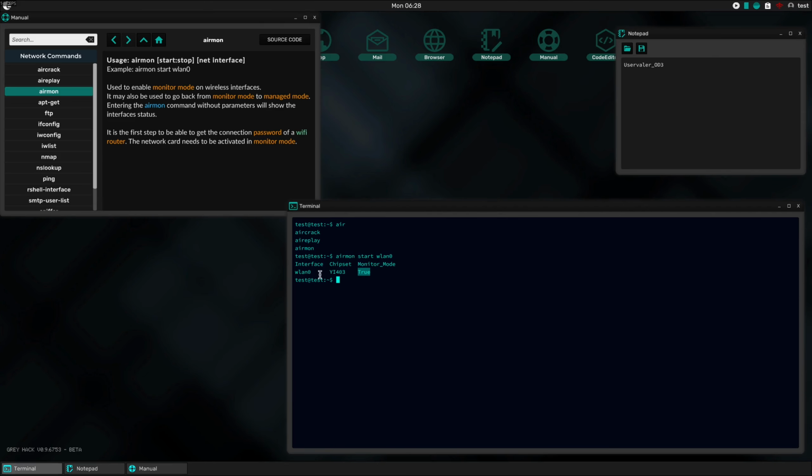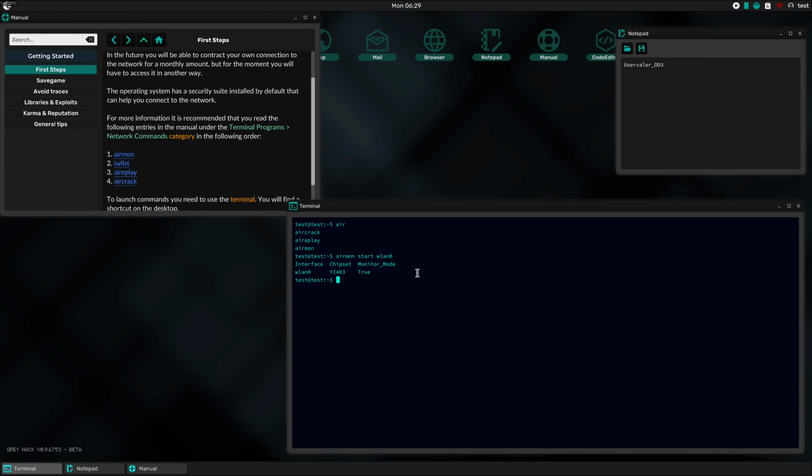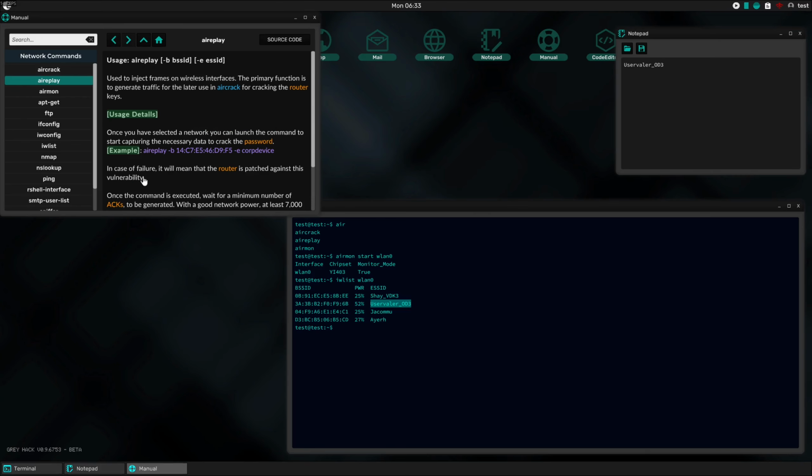Okay, now we have monitor mode enabled for our wlan0 interface. Perfect. So now if we go back here, we can do iwlist. Let's see what the arguments there are. We just specified the device name, so wlan0, and we can see all of the devices here. This is the one that we want to connect with. Let's go back here. Now we can do AirPlay, and this is going to take the BSSID and the ESSID. So it's a good thing we ran iwlist. So let's go ahead and run AirPlay